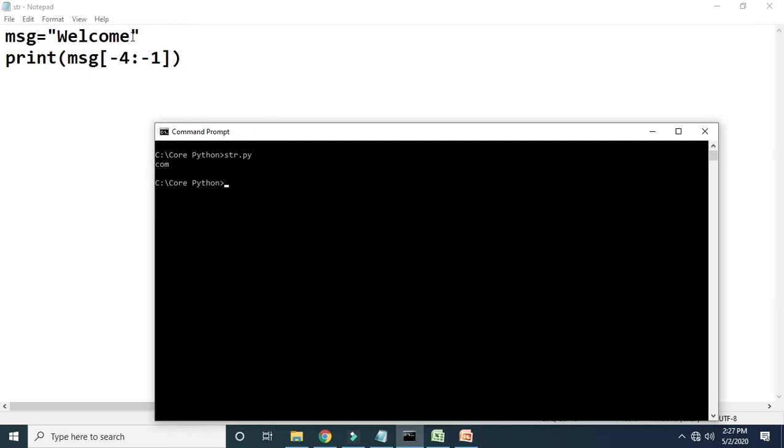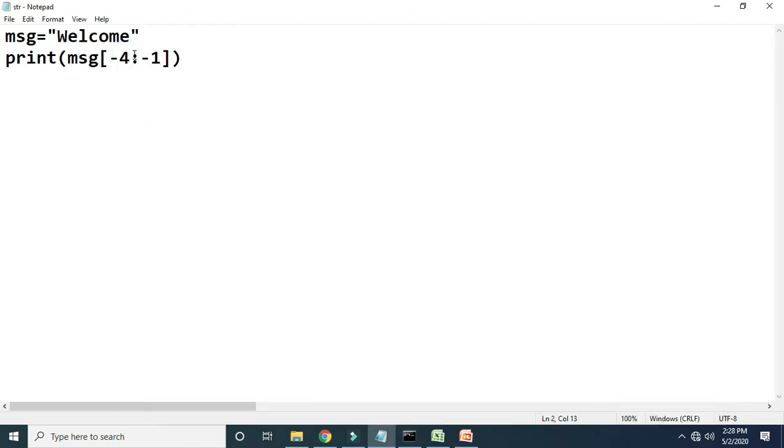Okay, if I modify this range, like suppose I have written -5 up to -2. Now if this is the case, then as I said earlier, negative indexing is there, so the assumption will be that the string starts from the right side. So this E is 0, 1, then 2, 3, 4 and 5.